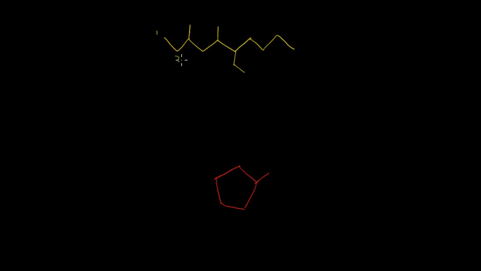We're going to start over here. 3, 4, 5, 6, 7, 8, 9, and 10. So 10, the prefix for 10 is dec, and this is decane. And I like to circle all the groups again, so we're going to circle this one and then these 2